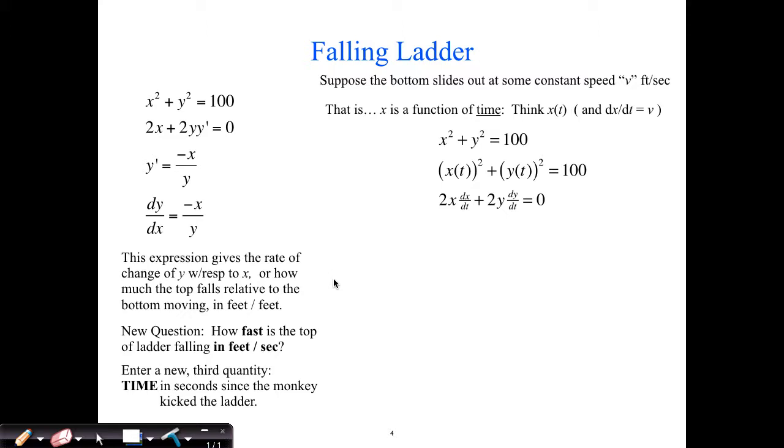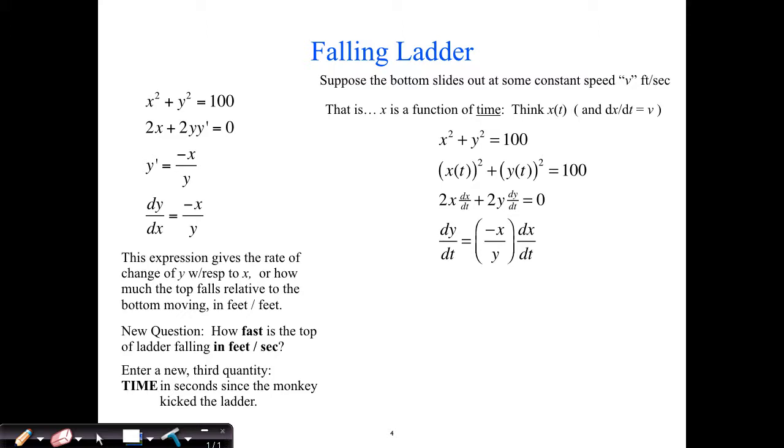How much time has passed? And then we can talk about how fast each of them is changing, in fact. So if I want to know how fast the top of the ladder is falling in feet per second, I can just do a little bit of algebra. Again, it's just subtract, divide sorts of things. So if I wanted to find dy/dt, how fast the top of the ladder is falling